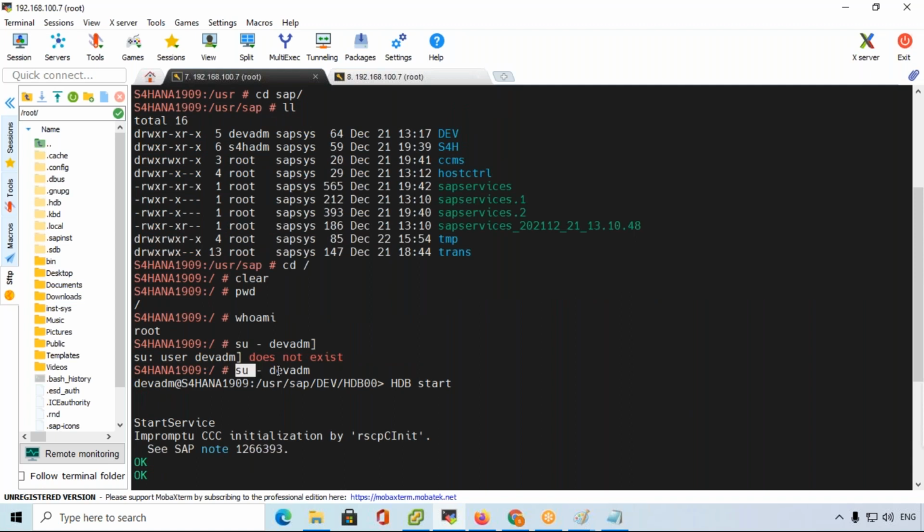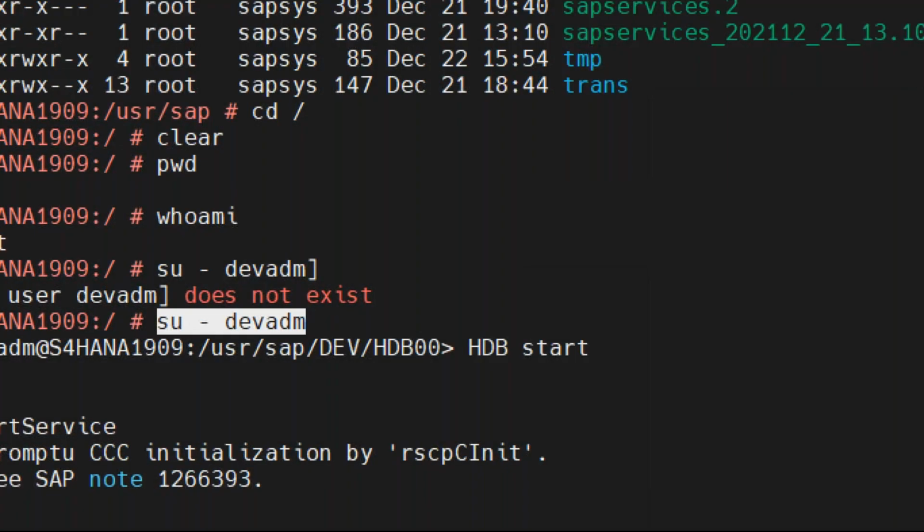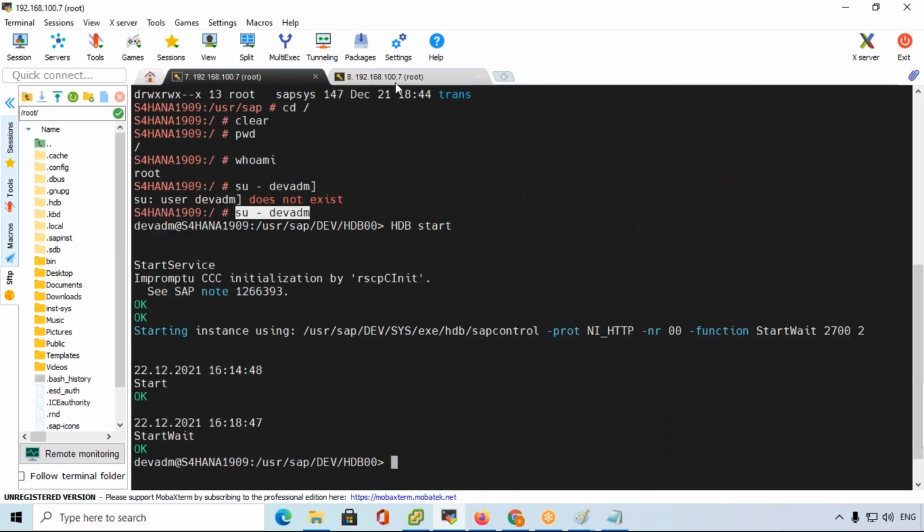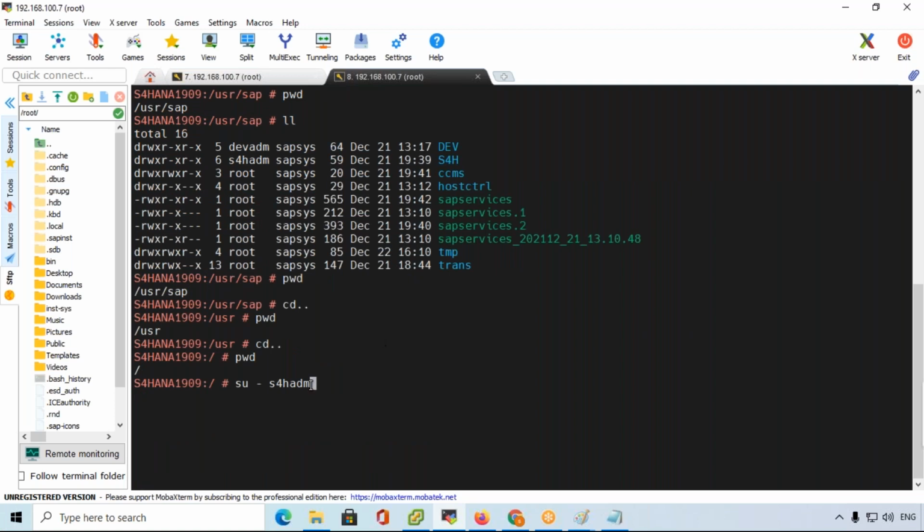Yeah, this is the same command we used for the HANA database. su dev is the HANA database system ID. Okay, so now the SAP system ID S4H ADM. Presently we are in S4 HANA 1909, S4H ADM. Here long list, I want to check the folders in S4H ADM, long list.